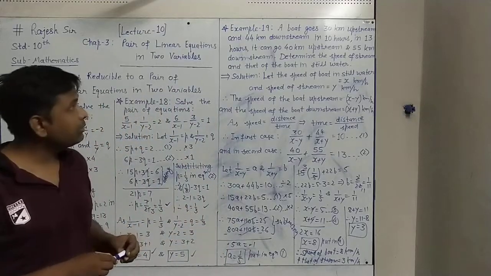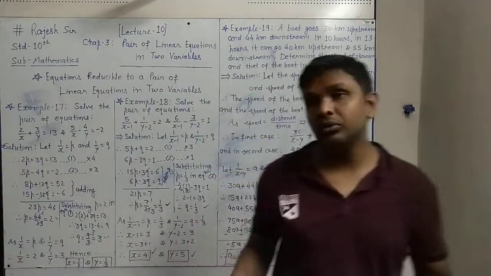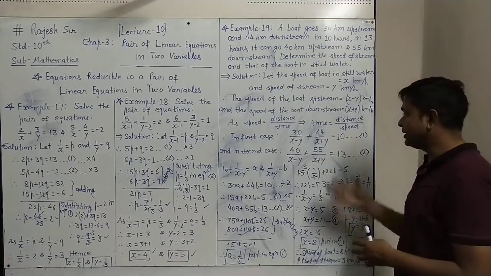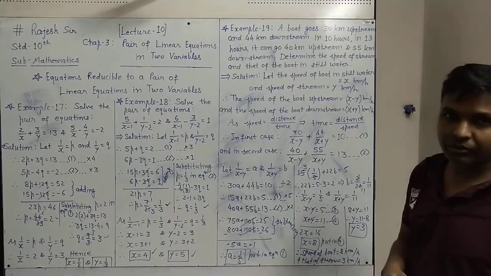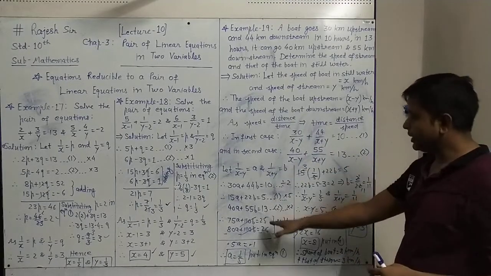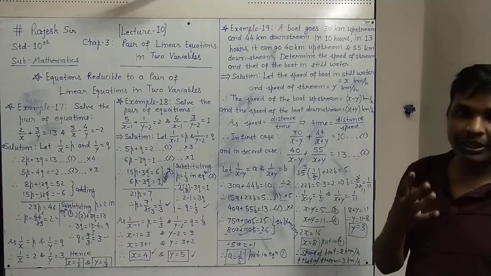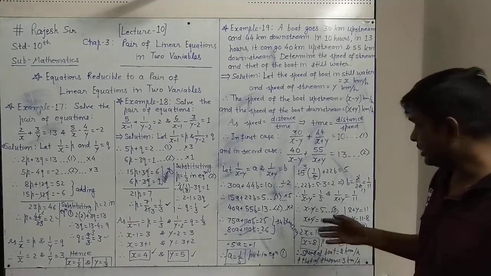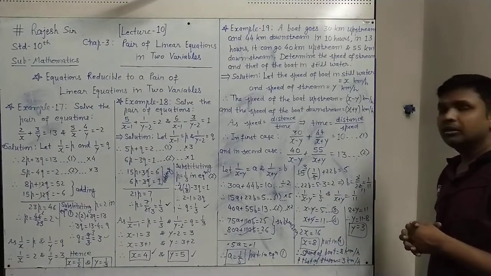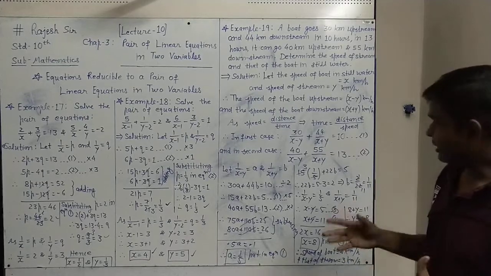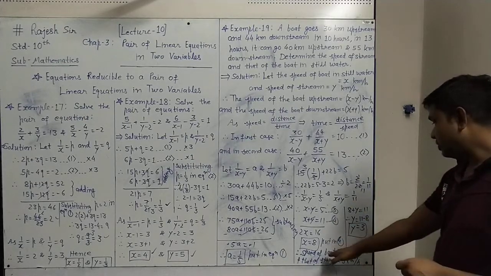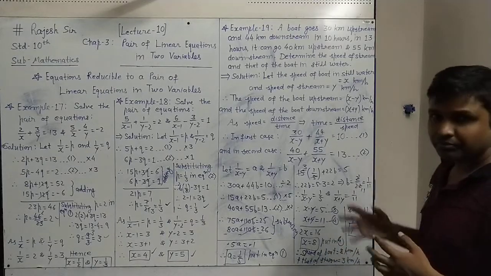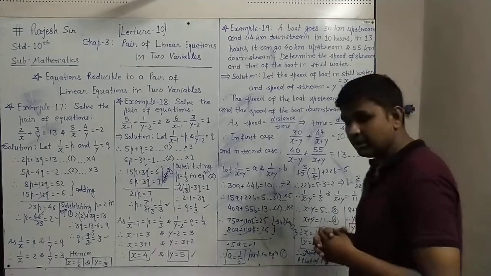So this way, in a practical problem, we have to write the equation as per the given statement, and if they are in complicated form like this, we can reduce them to a pair of linear equations. Reducing them this way, we can solve them by the 4 methods we have in total. Any method we can apply. In the textbook, cross multiplication is given. Here I have done it with the elimination method. In any method you will find the same answer. As here we are getting speed of the boat is 8 km per hour and speed of the stream is 3 km per hour. So this way we can do practical sums.